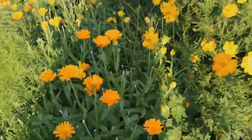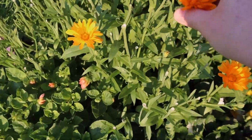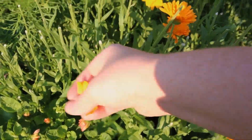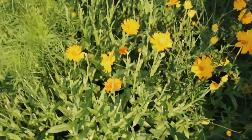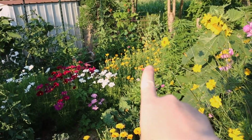But the plan right now, sorry the sun is behind me and is creating a shadow, but that's just what's happening. All of the blooms that are open, I am going to pick them off, every single one, and it might sound like, what? You won't have any flowers left. They'll all be replaced by tomorrow. I pick them off like every single day. So I'm going to pick all of these orange and yellow ones, all of those orange and yellow ones,